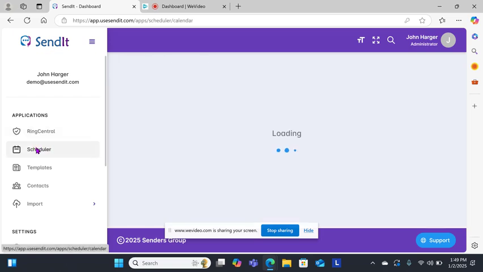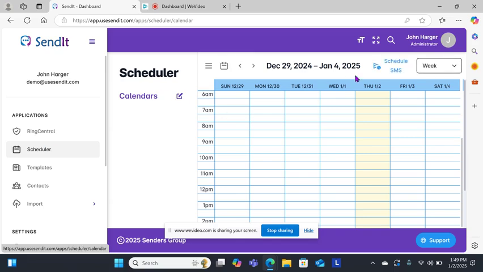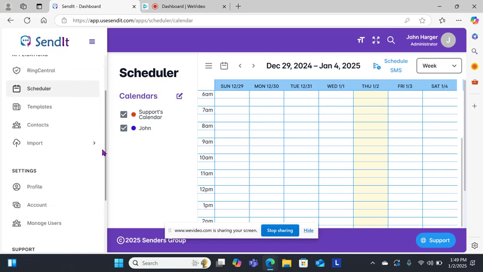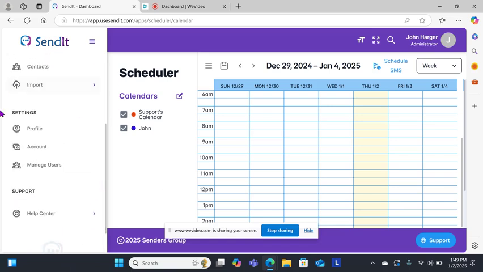So now when he sends SMS or uses the importer, it will give him both options to use the calendar. Also, what you'll need to do is scroll all the way down to the settings dashboard, click on